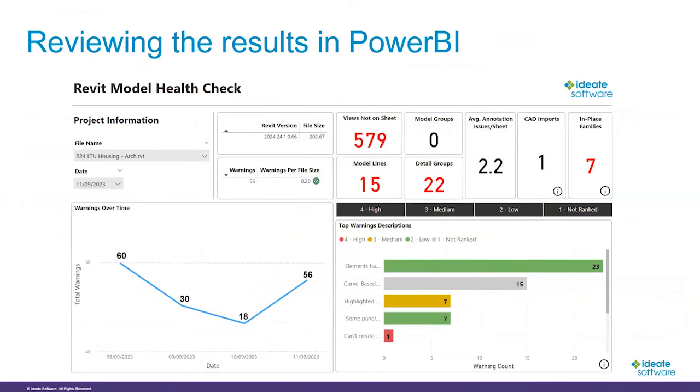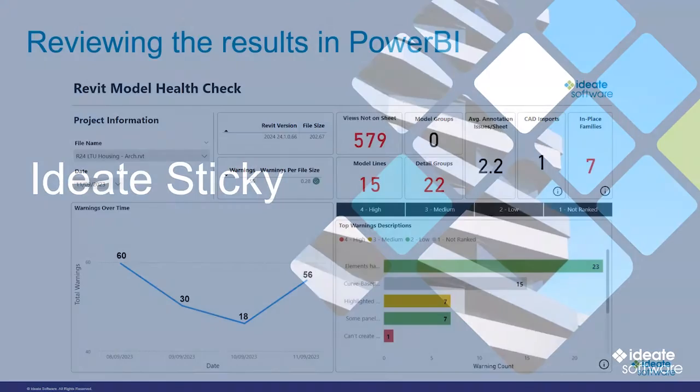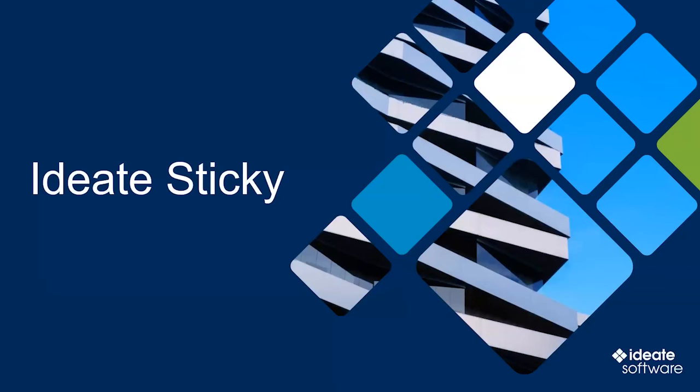So in this case, you see 579 views that are not on sheet. I've got 15 model lines and 22 detail groups. And so I've specified what are those thresholds that are going to make that red, as opposed to just giving me information. All right. And then I wanted to quickly mention, again, our other two applications that I'm not going to have time to show here, but Ideate Sticky,